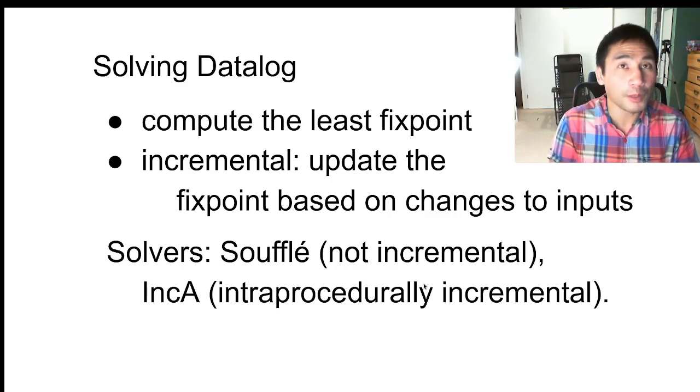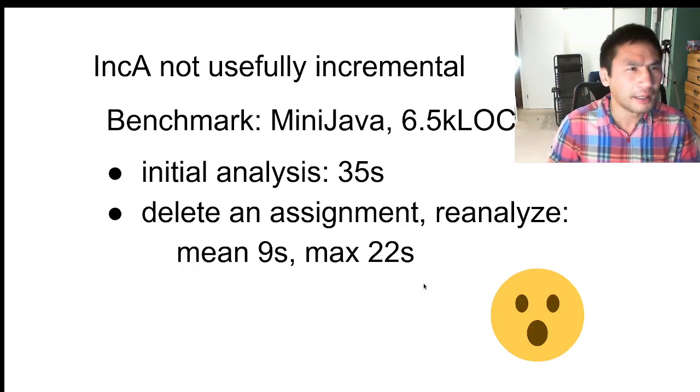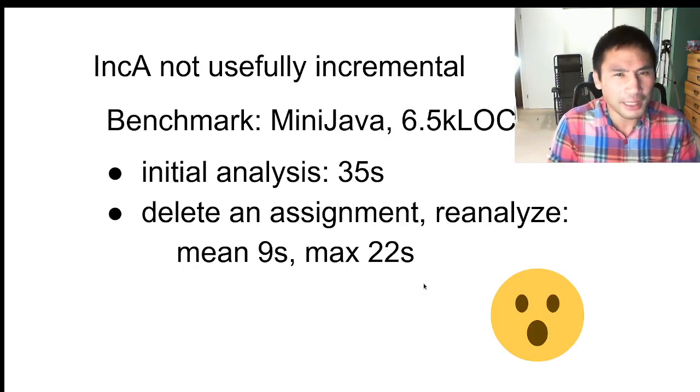And the analysis that Yannis Smaragdakis does is based on Souffle, which is not incremental. And so the authors of this paper did IncA, which is incremental, but as it turns out, only intra-procedurally. And I think I talked somewhere about how they did some experiments, and they're like, yeah, I think it's on the next slide. Yeah, IncA is not usefully incremental, and so they tried, and they're like, okay, MiniJava is